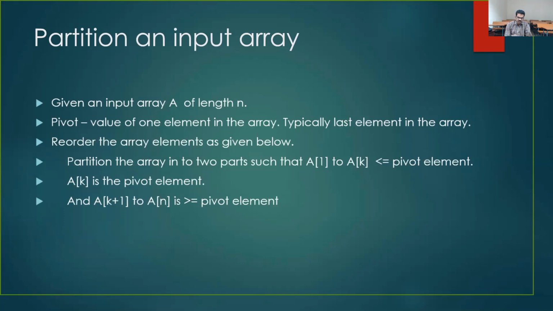From these last three bulleted points, you understood that AK is already in its sorted position. When you sort the elements in ascending order, the position of the pivot element is K, or AK should have the value of the pivot element. That is already taken care of by the partition function. So that is what I pointed out in the last bulleted point. Also, the sorting is in ascending order. We will see how the partition works.